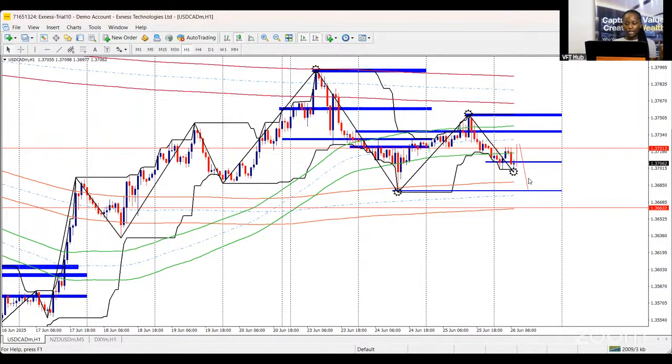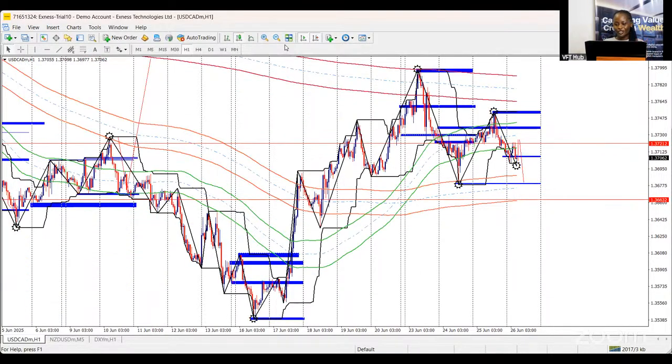But looking at price action, structure, everything we're seeing right now is looking at indicators. This is the order strategy. What we're seeing right now is a possible retracement and a sell continuation. Is this clear? Do you have any questions on USD CAD analysis before we move to the next?